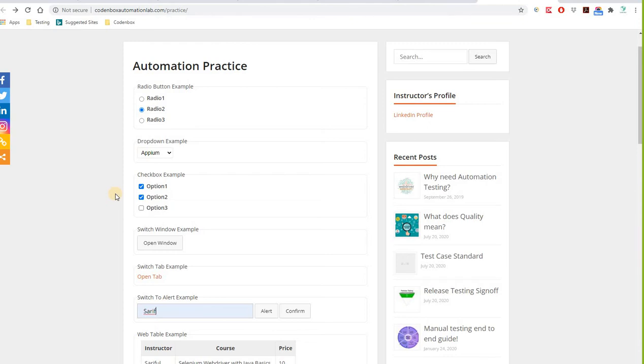So what is automation? Automation comes to the picture to avoid all those manual tasks. It means all of these things will be done automatically by your code. You will give an instruction in your code: hey, go to this page, like codeinbox.com/practice. Your browser will open automatically, go to this page, and then you will say,